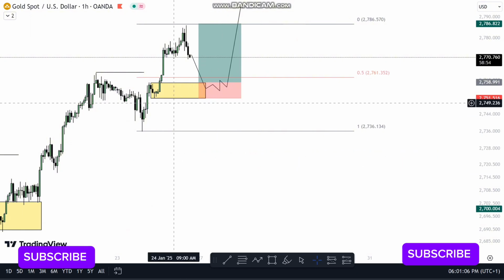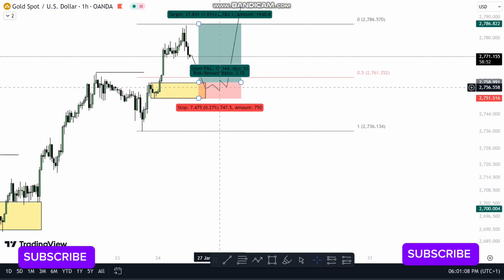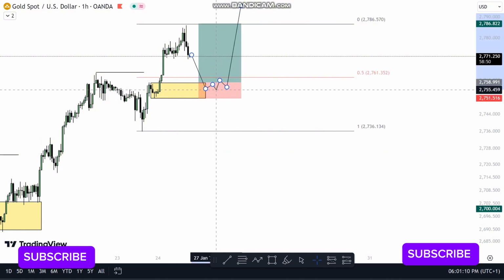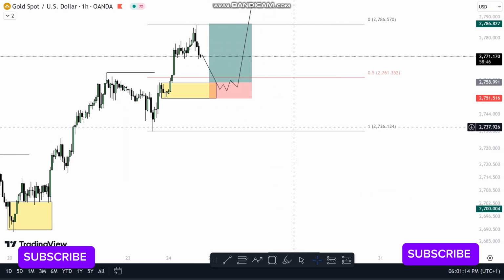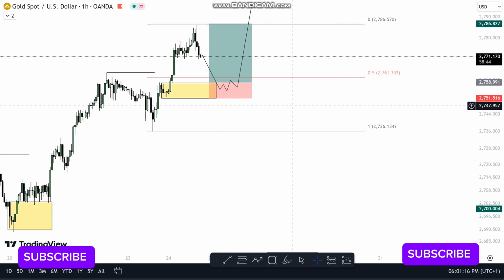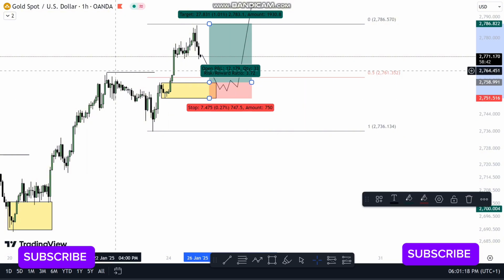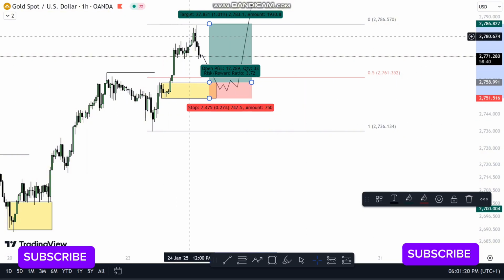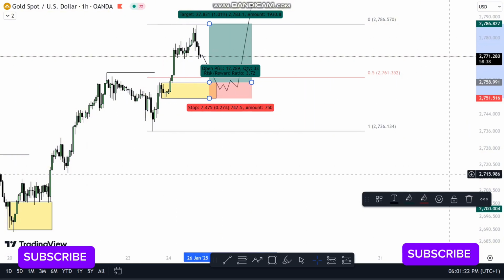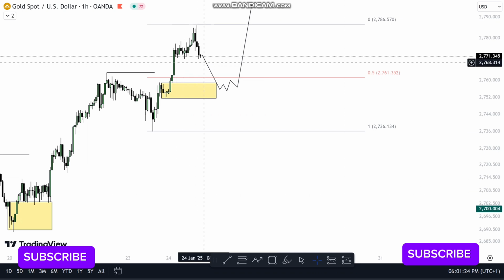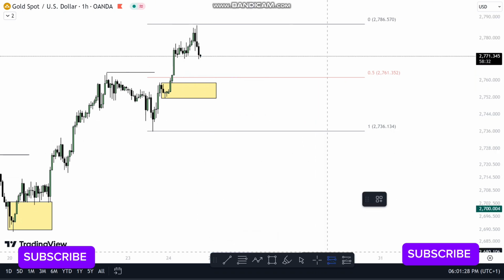And as you can see here, on the 1 hour, once price comes here, I will look for a change of character on the 15 minutes or on the 5 minutes, depending on how it presents itself. But as you can see, there's already a break of structure here. Price is pulling back. There is no need for you to come and start looking for sales here anymore, okay,